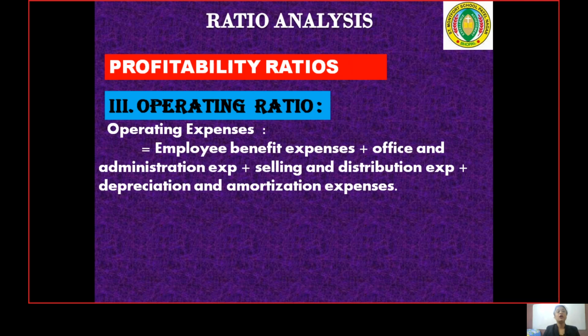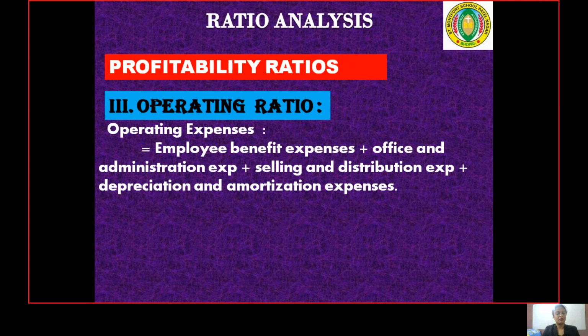Already we discussed about it. Operating expenses means the employee benefit expenses, office and administration expenses, selling and distribution expenses, depreciation and amortization expenses. Children, why has the depreciation and amortization been added? Because this is an activity which every business has to do every year according to the norms of the company